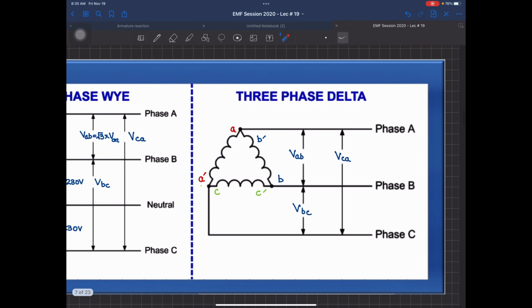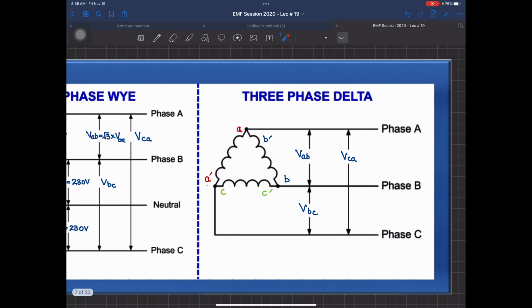Now if you focus your attention on this delta, in delta there is no neutral. So this means that practically you can't take the phase voltage over there, because phase voltage is always taken from